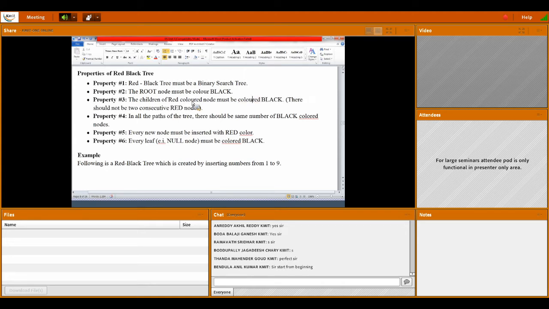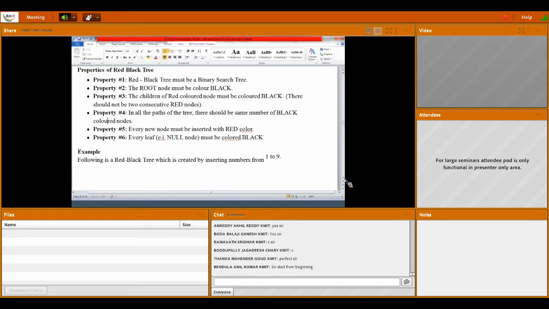And the fourth one is all the paths. From root to leaf node, if you see all the paths, there should be the same number of black color nodes. And that is the fourth property.